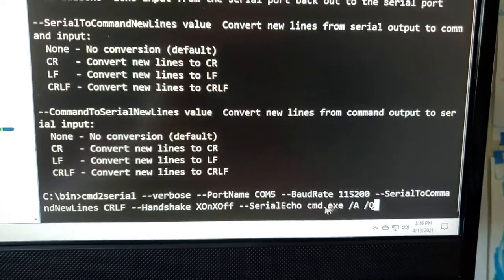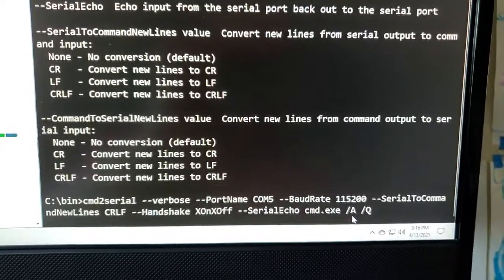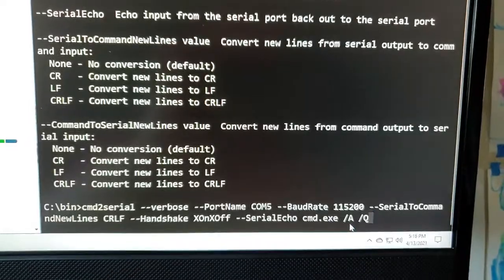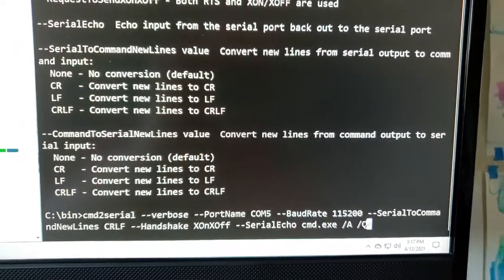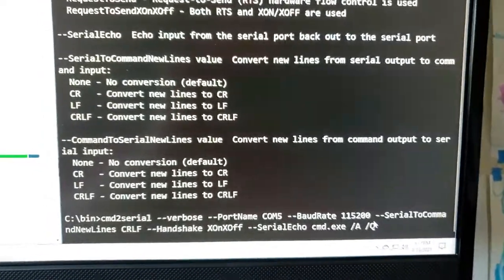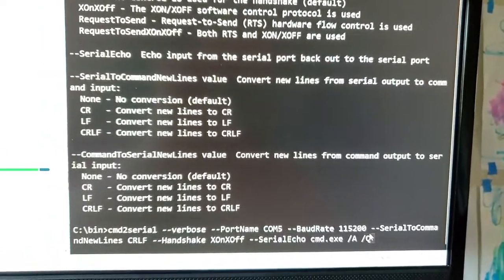I'm going to launch a command prompt: cmd.exe, and then /a makes it run in ANSI character mode, not Unicode, and /q makes sure it doesn't double up on the echoing coming out from cmd.exe when you type in a command. So if I hit enter,